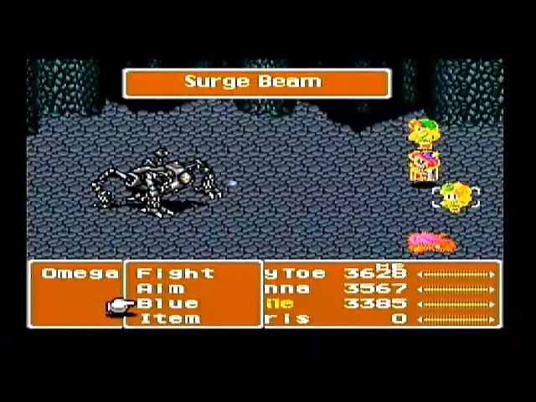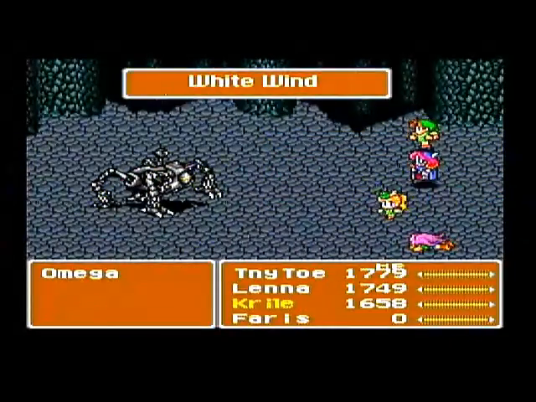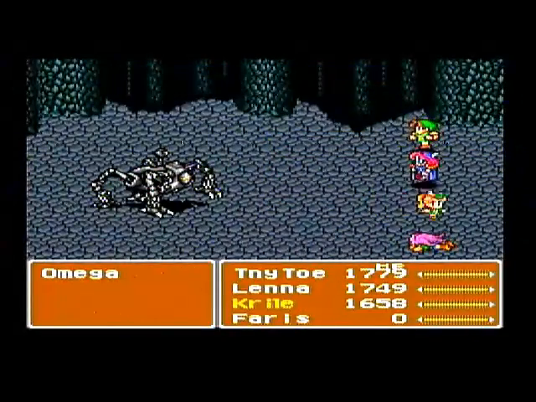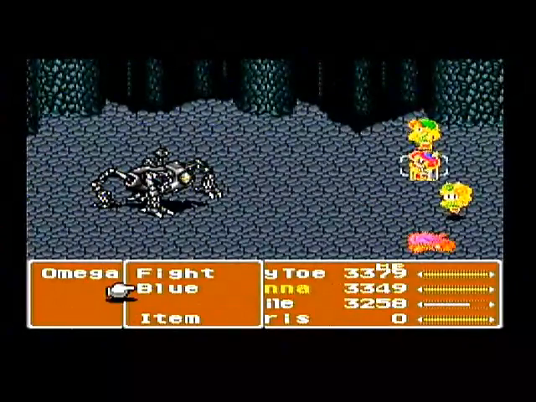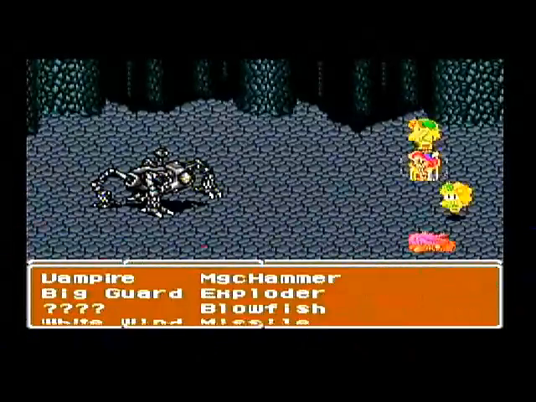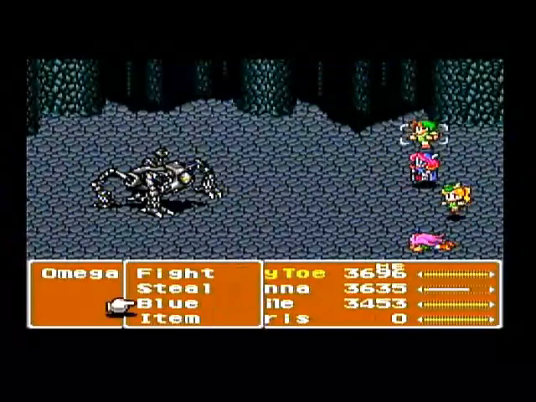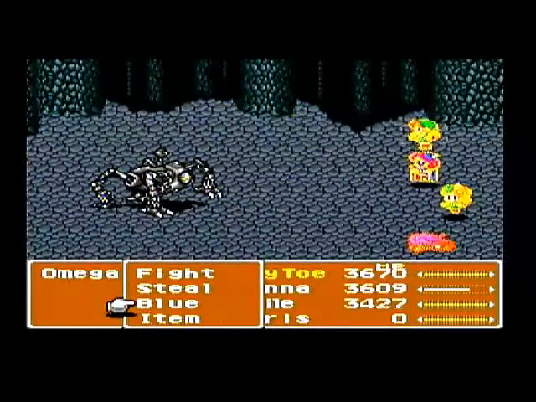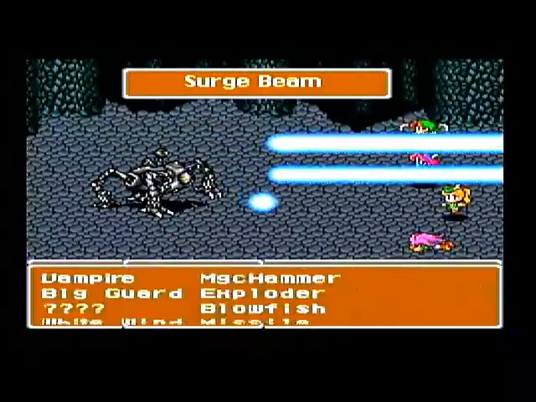One thing I did, I probably could have made this battle go much, much faster, because I wasn't taking into account that reflect. I don't have the reflect spell on anymore, so I was mainly waiting until Omega did his targeting attack. So I basically absorb a bunch of his attacks, waiting for him to get to that target part in his AI,